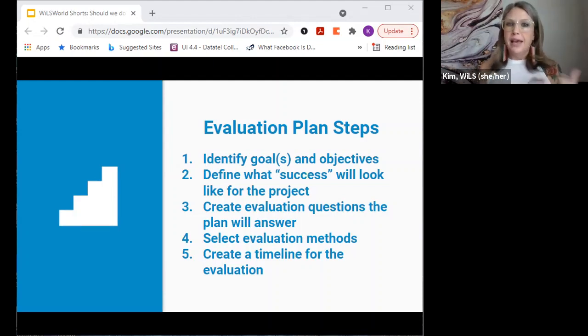The second step is taking those defined goals and objectives once you have them and taking stock of what your team views as success in this project. This is what will really set you up for your evaluation. When I go in and I'm helping somebody with a full evaluation process, I want the team to define what success is. I don't do that as an evaluator. That's something we co-create together.